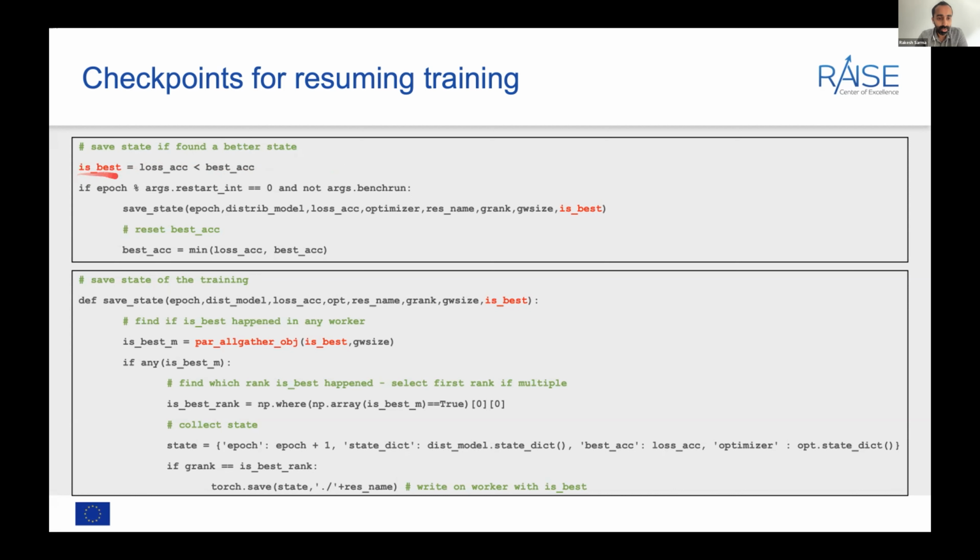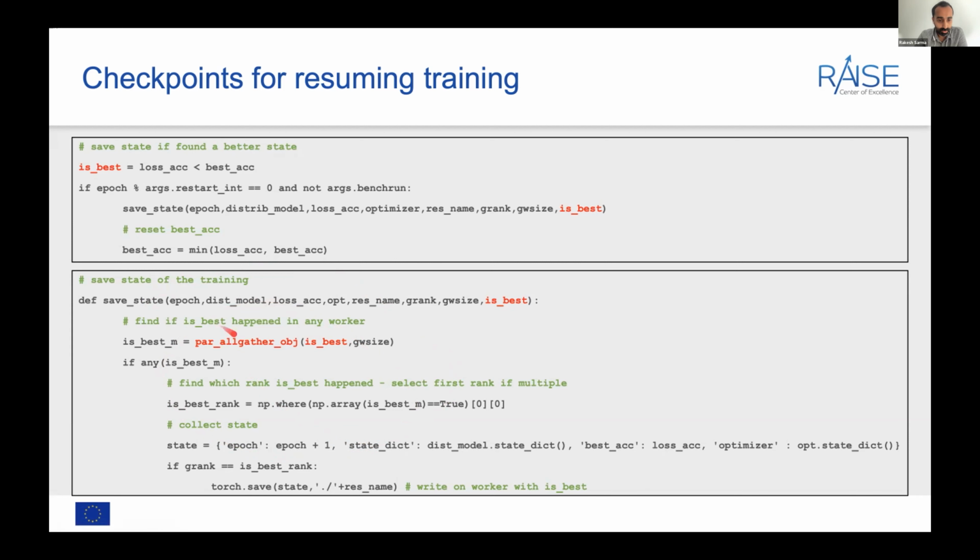So basically we use a counter here, which is given by this variable best accuracy, and then we check if the current loss is lower than the previous best loss that was reported, and if that is returned as true, then we call this save state function, which is shown here.